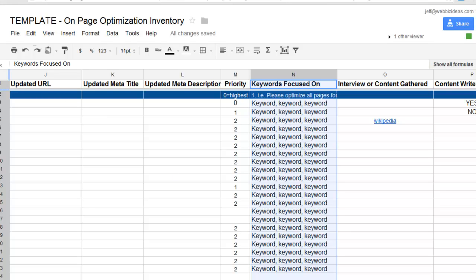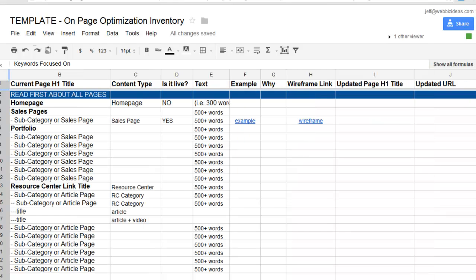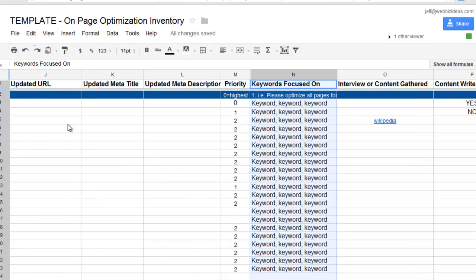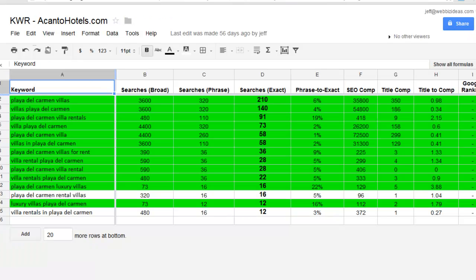So again, perhaps you're having someone else write the page titles that we talked about over here, and maybe someone's going to update the meta descriptions, but you say, hey, these are the keywords I want it optimized for. Or hey, when you write this content, make sure this page is optimized for this keyword. Or at the same time, when you're looking at your keyword research and you keep saying, hey, I keep seeing